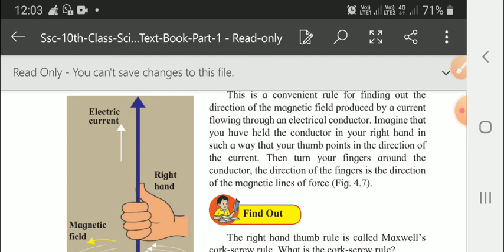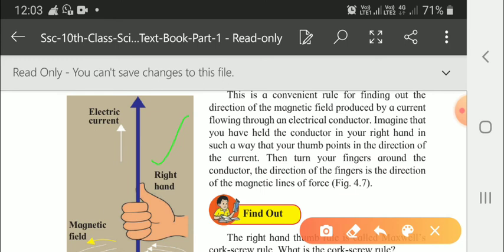We'll see here, children, that this thumb is showing, this is the right hand we have taken, the electric current, and these fingers are showing the magnetic circles. Now we'll see, this is a convenient rule for finding the direction of magnetic field produced by